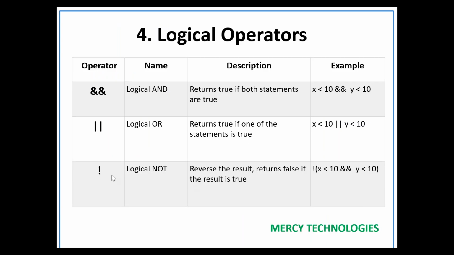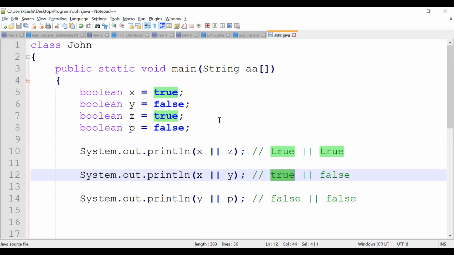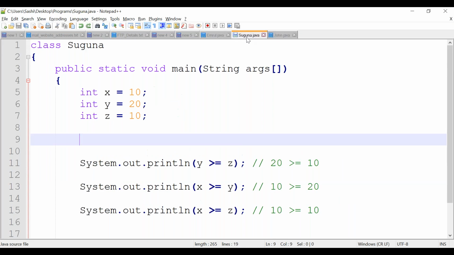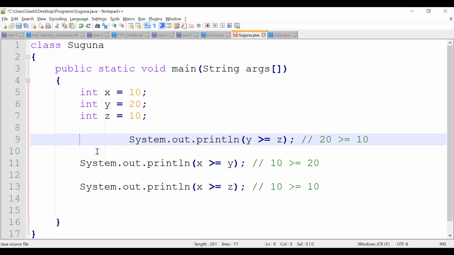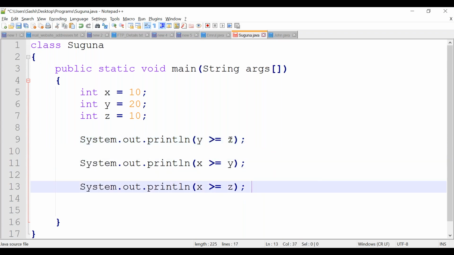So what else we have? We have one more operator called not operator, correct? Logical not. What it means, logical not? Before going to logical not, I want to experiment one more program. So let's go with the previous program. Here you can check. Here also you can use logical operator. So what I am going to do, guys, listen this program. I am going to check some conditions.